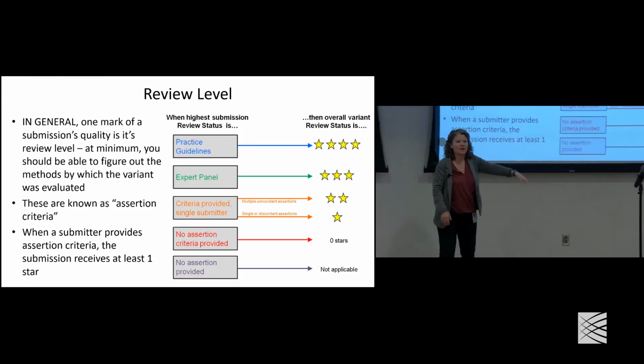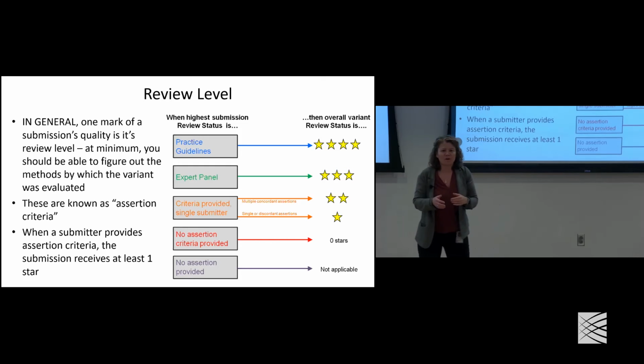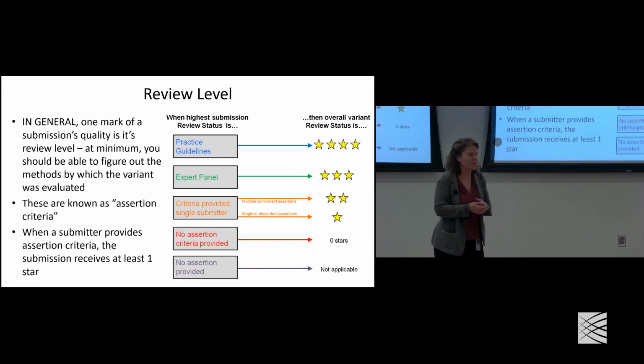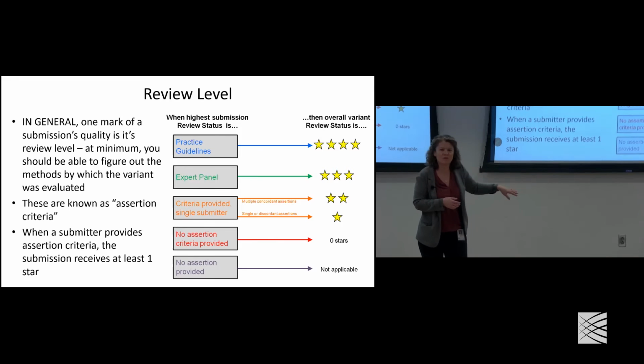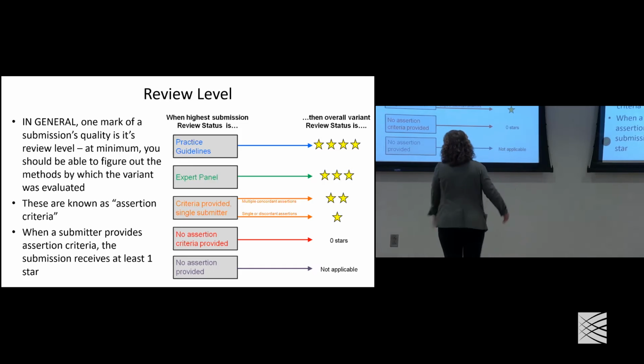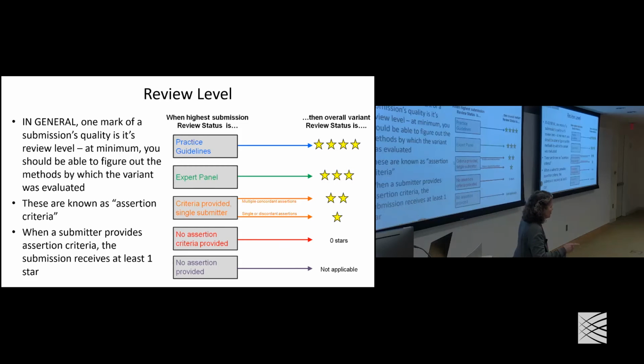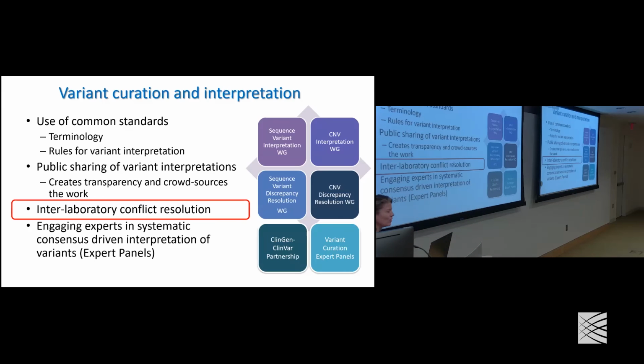This also allows researchers who want to use that database in aggregate to say, I'm only going to use the 3 and 4 star group, or I'm going to only use the 2, 3, and 4 star group, and ignore the 1 and 0 star. Or I can look at my data when I use this versus when I use that. So it allows that sort of aggregate with some degree of confidence. It doesn't mean that everything that's a 2 star is right and everything that's a 0 star is wrong. It's just a little way to help make it a little more accurate.